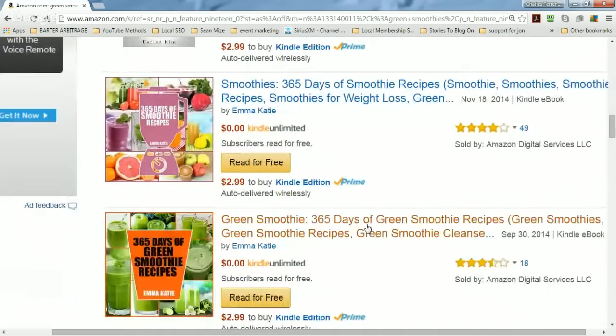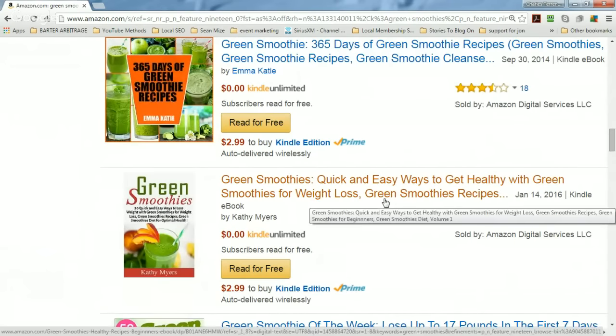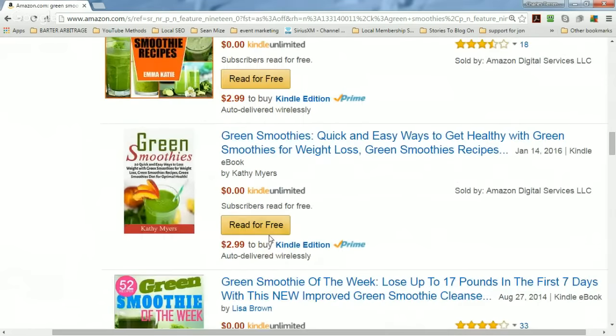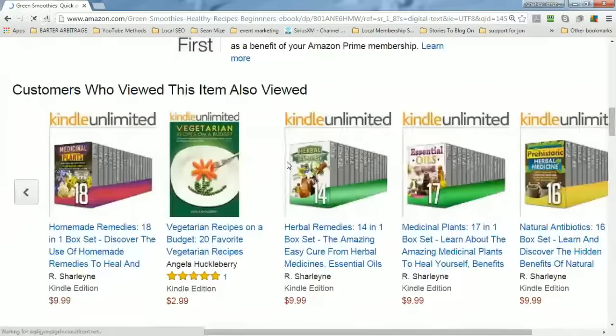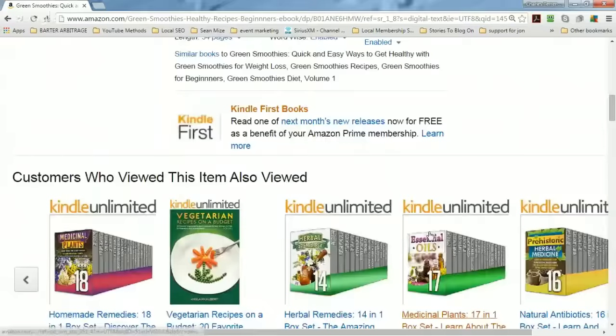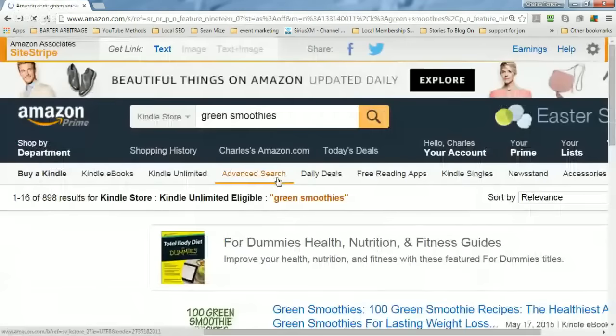Their book is going to be free to use, right? You're going to be able to read through these books. A Kindle book is not going to be War and Peace. You're probably talking about maybe 30 pages. How long is this one? This one is maybe 34 pages. You can handle that, and as soon as you get done with that, you're just going to take this off your Kindle and go get another one, right?